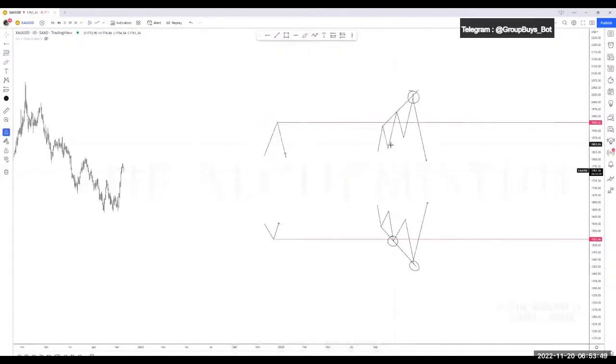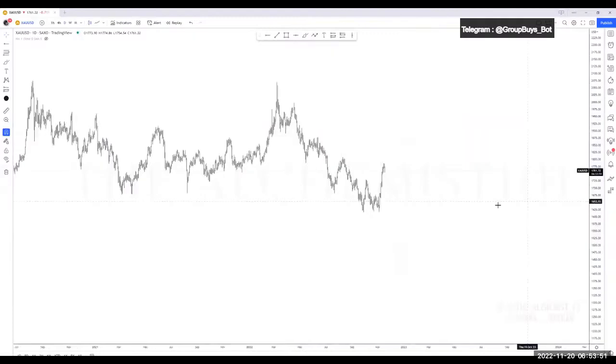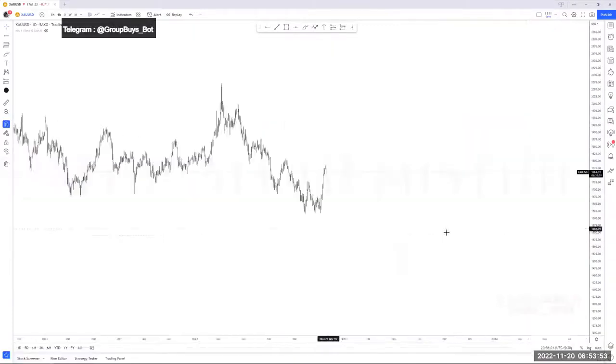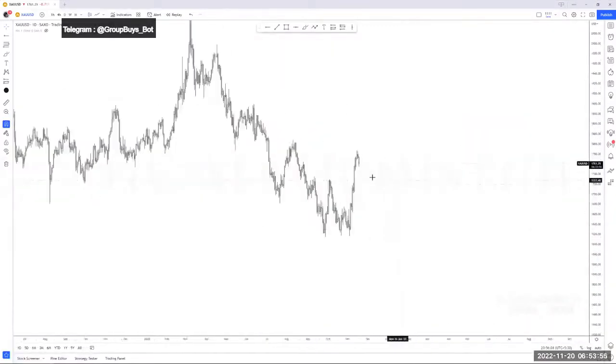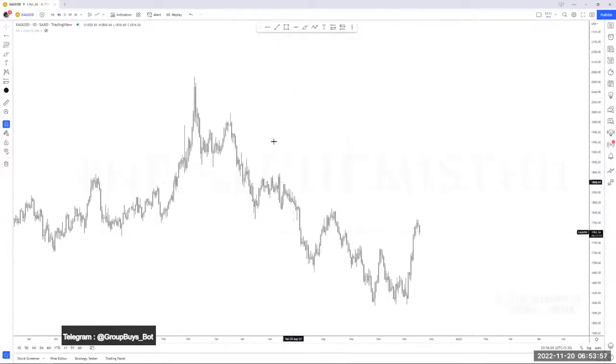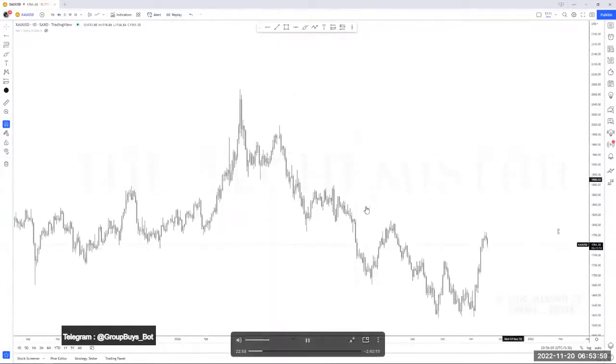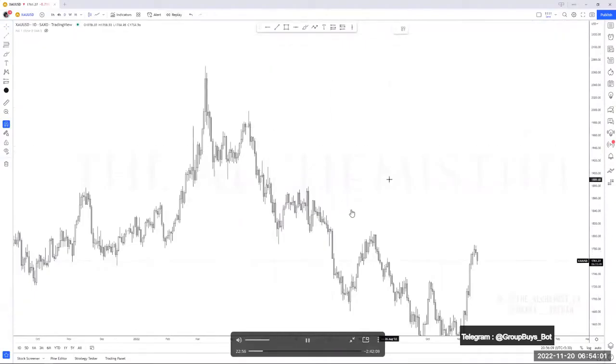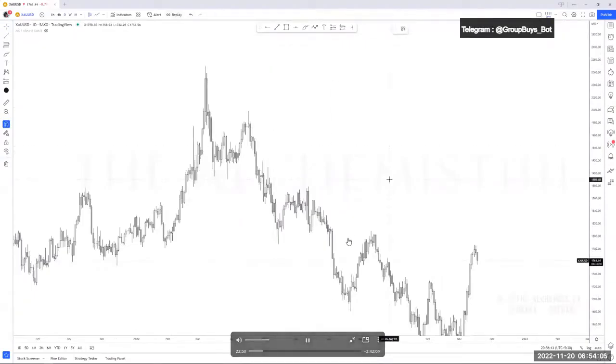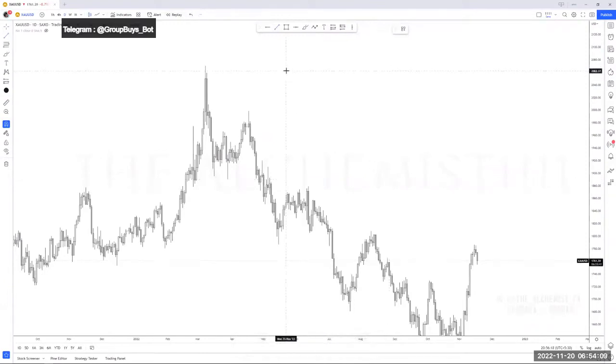Now, let me show you some examples of these trend lines. So first, let's look at these outer trend lines. Let's see. Yeah, here we go. You must train your eyes for this. I'm not going to tell you you can go to the charts tomorrow and pull out a trend line. No, it's not that easy. It took a while for me. It took around 2 months for me to